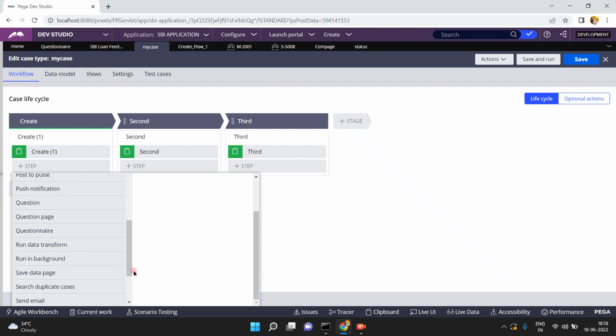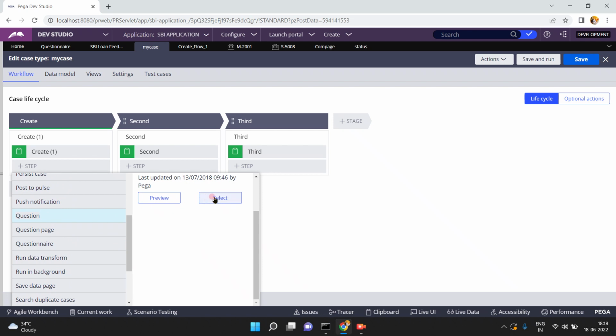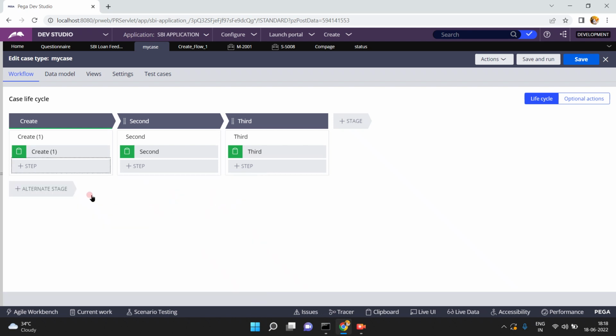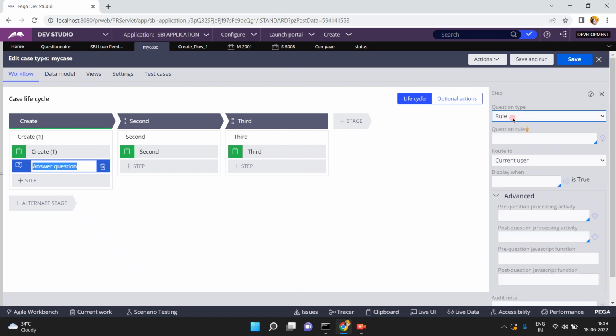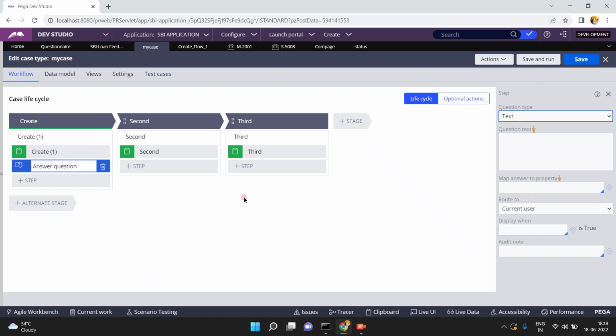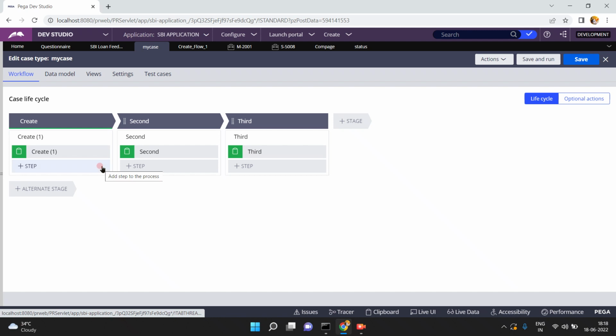Where is this? Now here question type is rule, okay. There is no option to select that. So let's explore how to configure this complex question page. Already it is